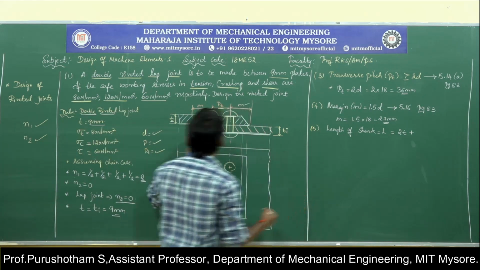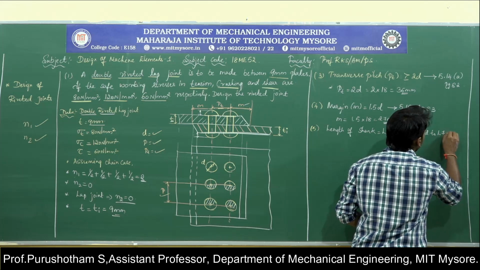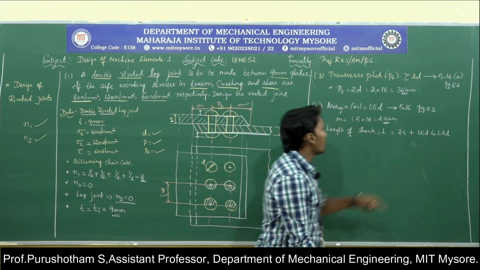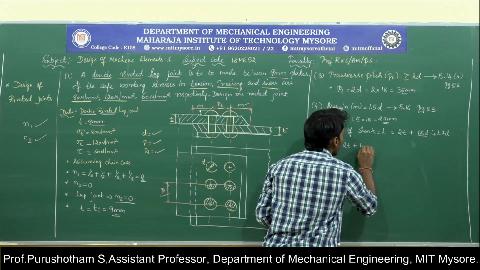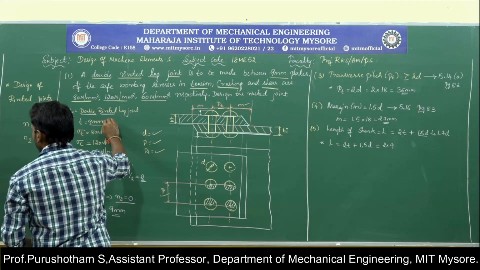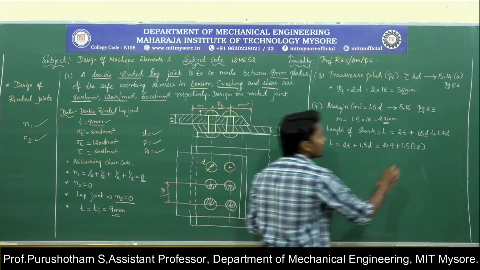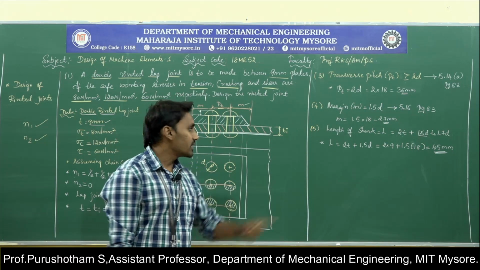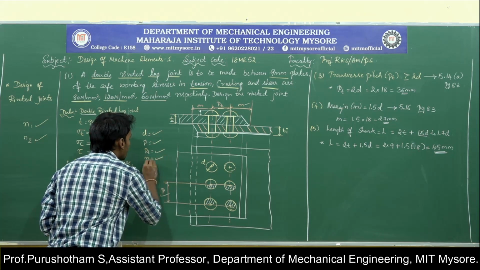For safety purposes, we are going to take 1.5 times D to 1.7 times D. The length of the shank is given by 2 times T plus 1.5 times D to 1.7 times D. Finally, 2T plus, I am going to consider the first one, 1.5 times D. T is 9 millimeter, and 1.5 times D, with standard diameter 18. Simplifying, you will get 45 millimeter. This will be the length of the shank.